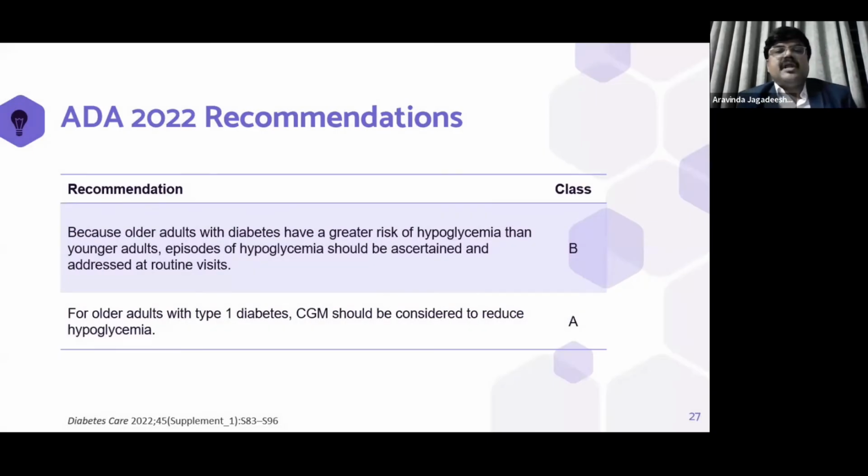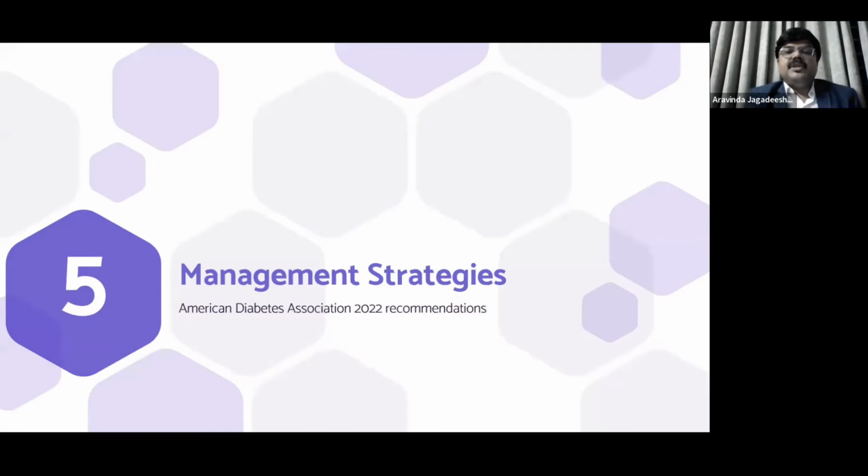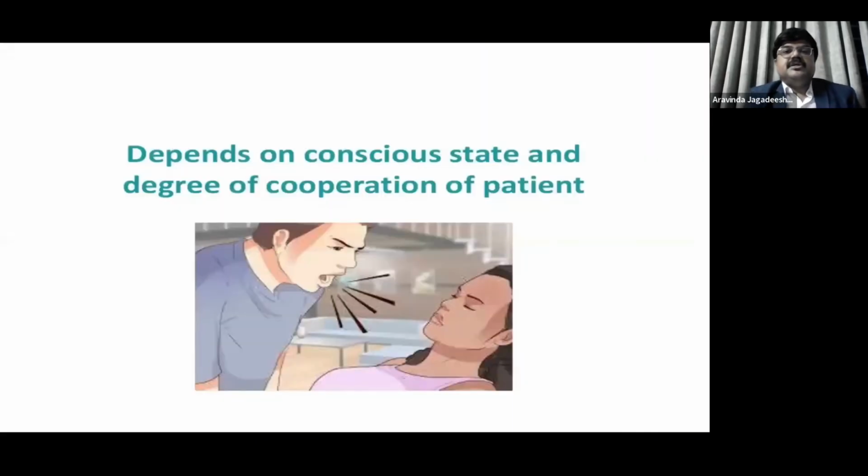Because older adults with diabetes have a greater risk of hypoglycemia than younger adults, episodes of hypoglycemia should be ascertained and addressed at routine visits. For older adults with type 1, CGM should be considered to reduce hypoglycemia. Now coming to the management strategies, it all depends upon the conscious state and degree of cooperation